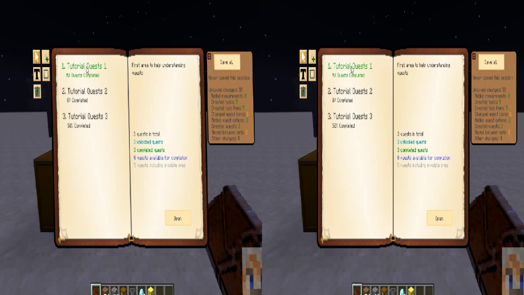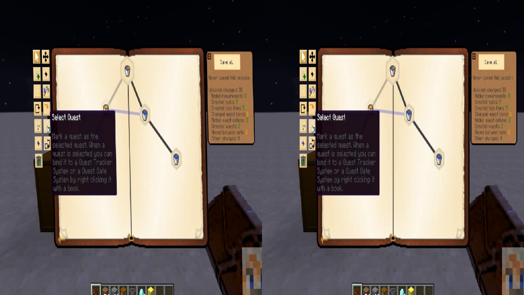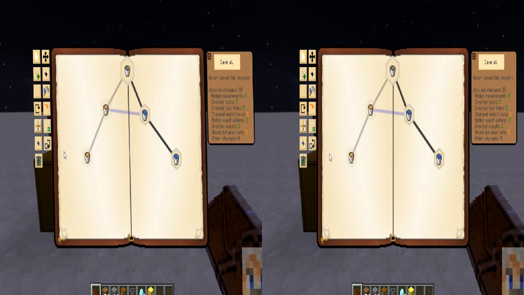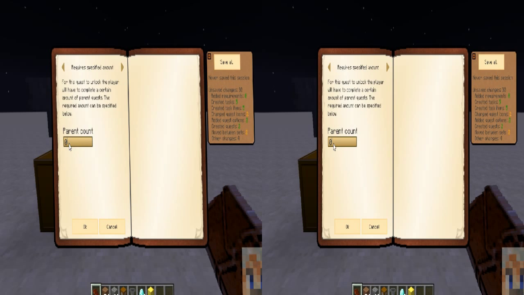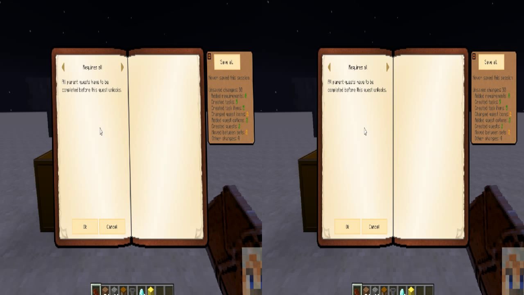Some of the other options you may want to consider is you can do required parents. If you click on, say, this one, it's going to say by default all quests that you have it linked to have to be completed before it gets open. But let's say you want them to be able to do half of them and it opens up. You can put however many you want, 1, 2, 3. If you have 8 quests that are part of it, you can change it to 3, you can change it to 5. It's all up to you. So those are your two options for